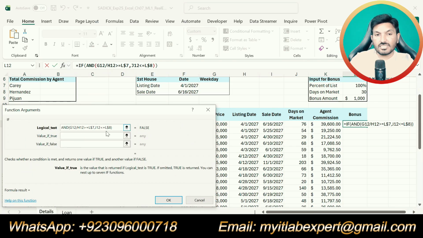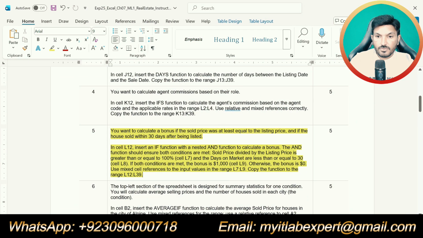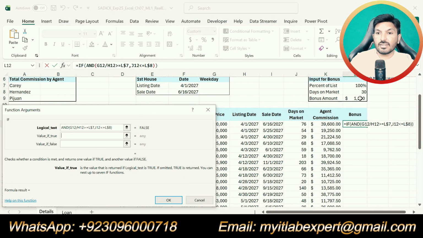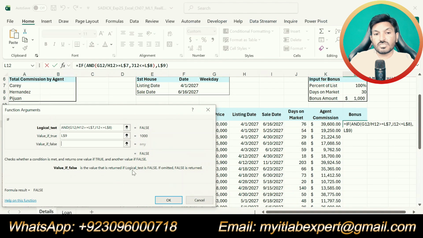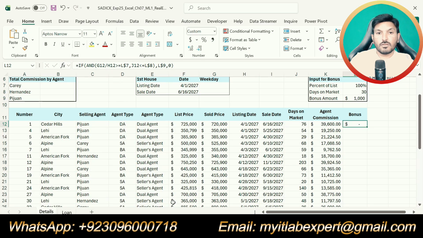So this was the logical test. If both conditions are met, the bonus is 1000, that is L9, this one. Otherwise the bonus is 0. So now you can see our first bonus is 0.